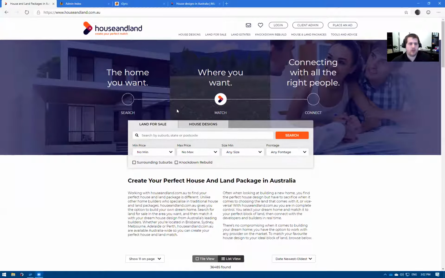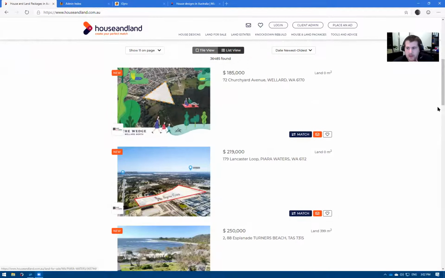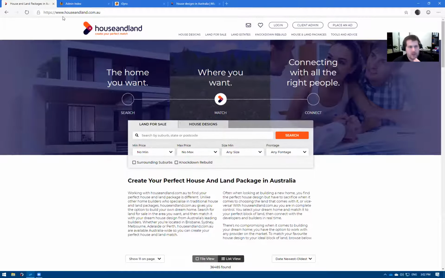This here is what houseandland.com.au looks like. It's very straightforward, very clean. As you can see, they have the ability to list land estates, land for sale, house designs, and you can also do your own custom packages. For the moment, we will be focusing on, as a builder, listing our houses through the use of our API and our website to push out our pre-priced homes onto the web,